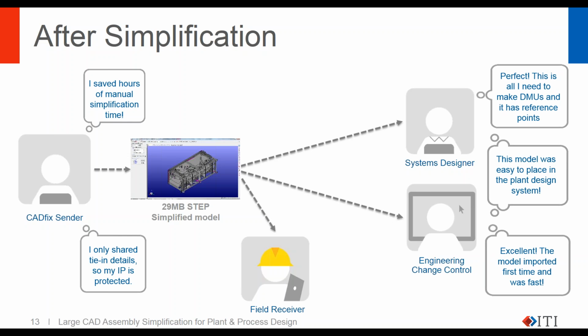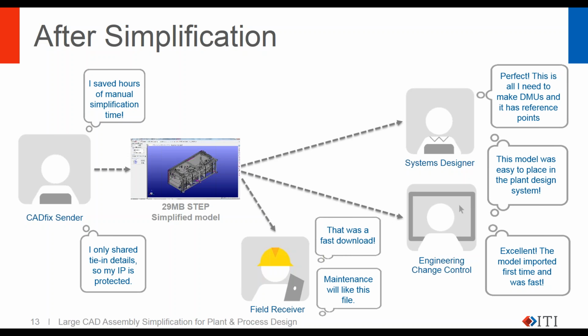It comes in first time. They don't have to iterate several times with different formats, try and fix it, iterate on that model. And the field receiver is just straight away. You can bring down 20 or 30 megabyte much quicker than you can 800 megabytes. So he sees that as a fast response. And likewise, the maintenance team are going to like working with that rather than the original 800 megabyte fully featured